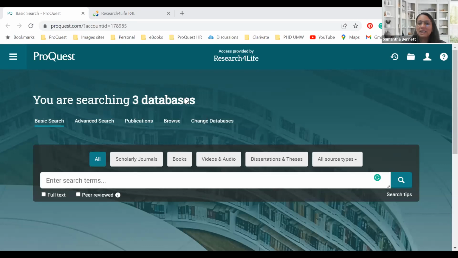So Rubel is asking, can we get PQDT with a lower fee price under Research for Life? And I think that has been answered. Then there's another question: can we access the ProQuest Dissertations and Theses database if our institution is not a member of ProQuest? You cannot access it.